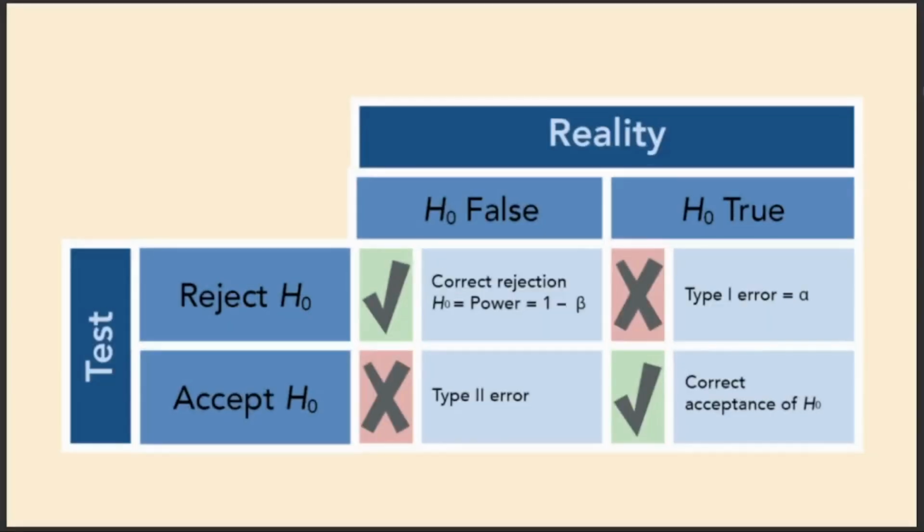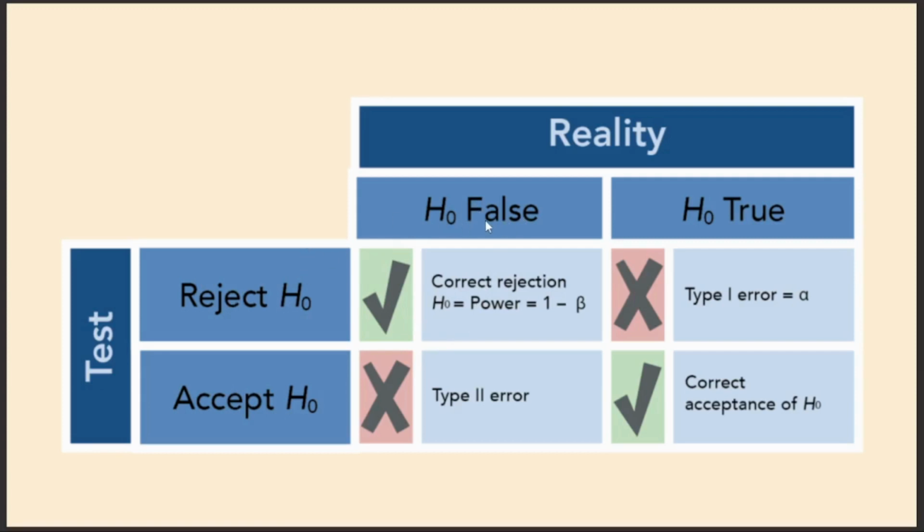Let's understand this graphically. So suppose on this hand side we have the reality, and on this hand side we have the prediction or the test result. So in the reality, here H naught denotes the null hypothesis. So H naught is false, which means the null hypothesis is really false in reality. And here H naught is true. That means the reality of H naught is true. And according to the test result, we have two results, that we reject the null hypothesis or we accept the null hypothesis. So basically in the first block, we see that